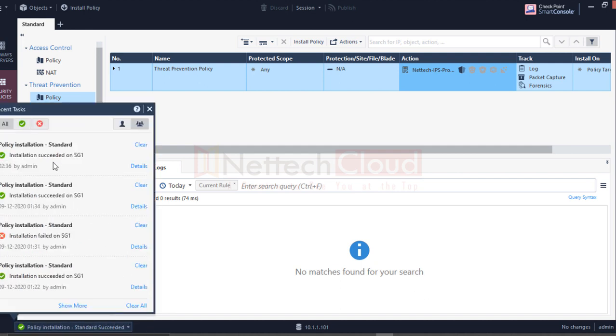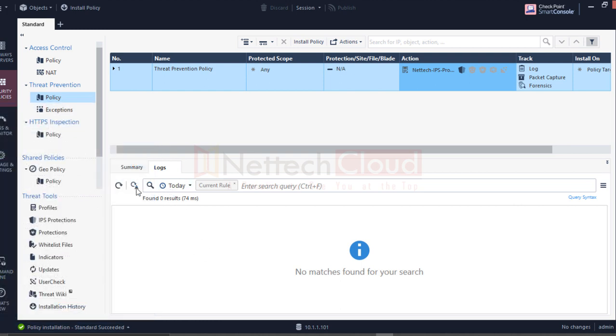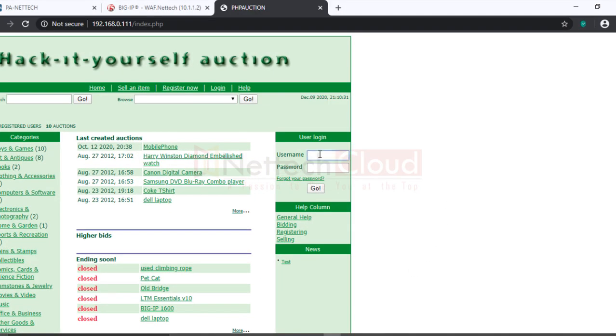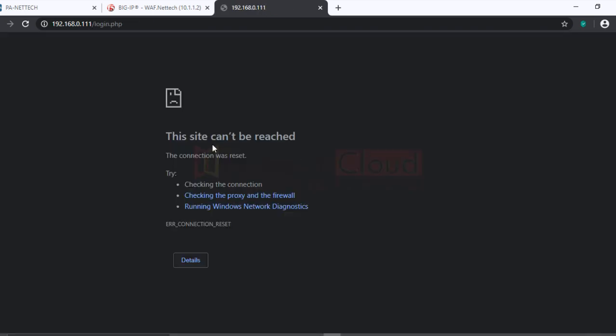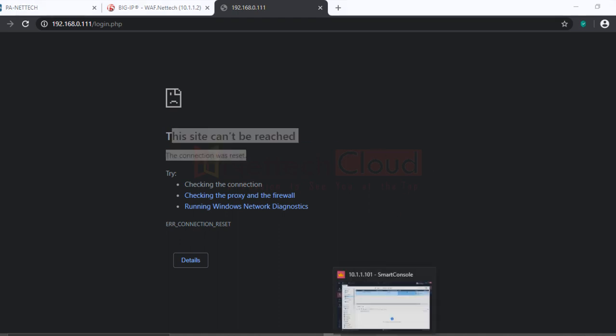So policy installation succeeded on the security gateway, and as of today, there is no log of this threat prevention. Now launch the SQL code injection attack one more time. This site cannot be reached, right? And is there any log file?